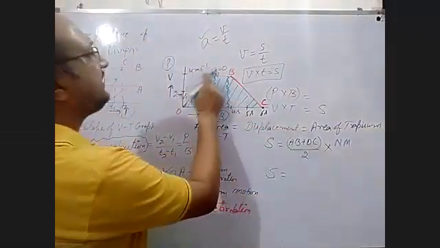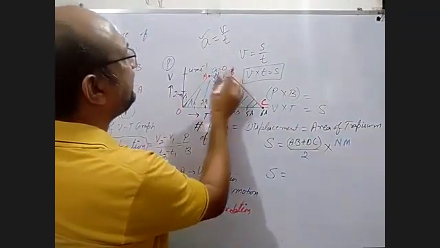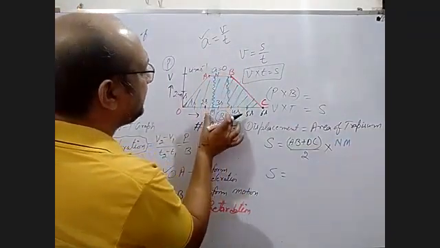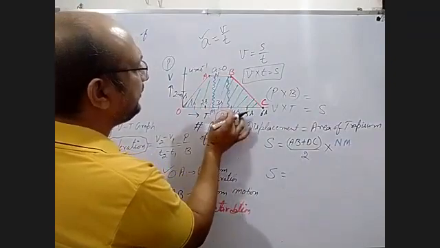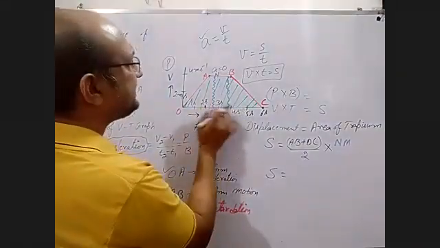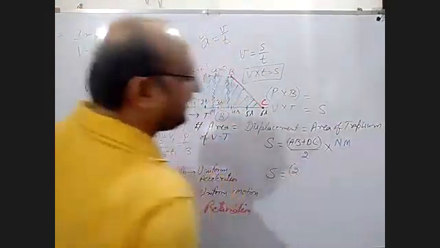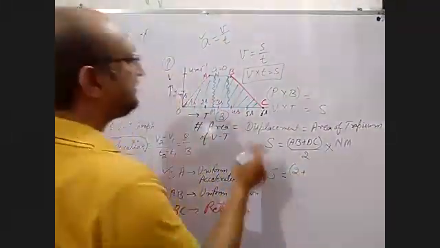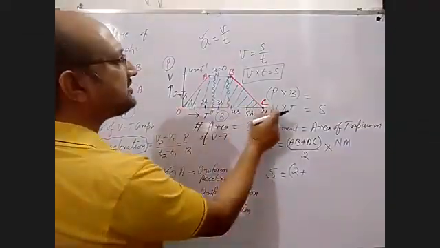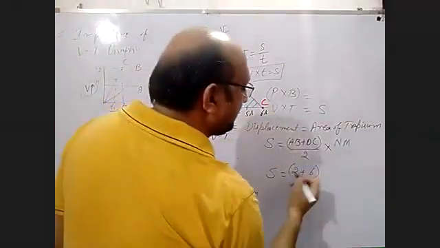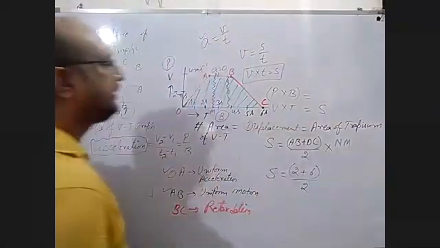AB plus OC. What is the value of AB? The AB portion is this. Now come here, 2 seconds, 4 seconds. And what is the difference between these? 4 seconds minus 2 seconds? Only 2 you have to take. Plus, what is OC? 0 to 6. How much is there? 6, upon 2.